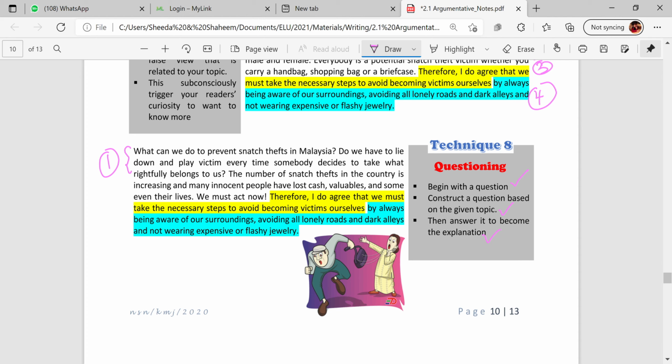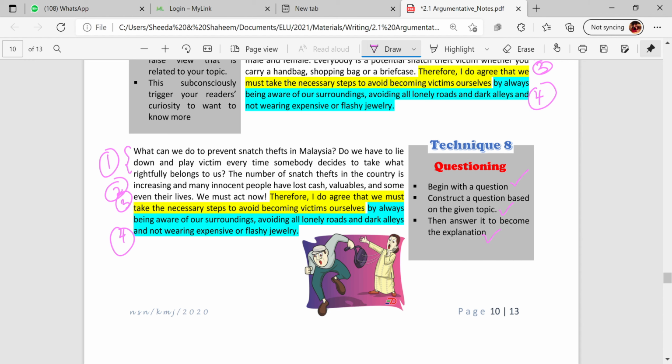You ask the question, construct a question based on the topic given, you answer it yourself, you construct another question, you answer it yourself, and then you enter the stand, give your stand, and then your thesis statement. So simple. So if you think that